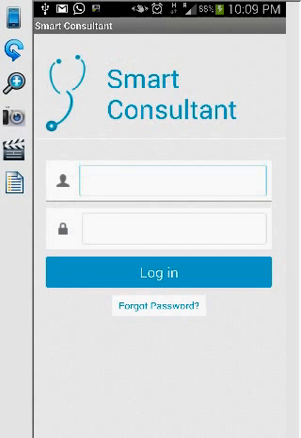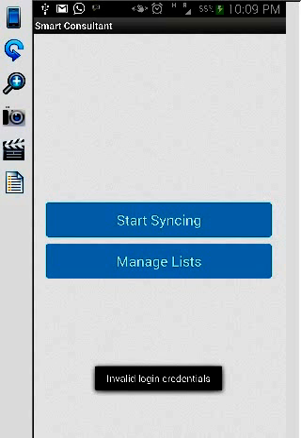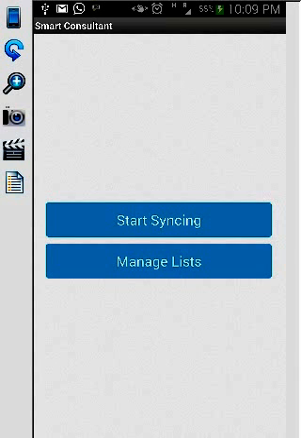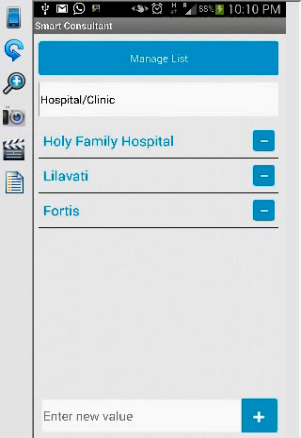The second option on my setup screen is manage list. All the fields on my IPD, OPD and surgery screens which were getting auto completed are shown over here. Let's say I have stopped practicing in Fortis Hospital.